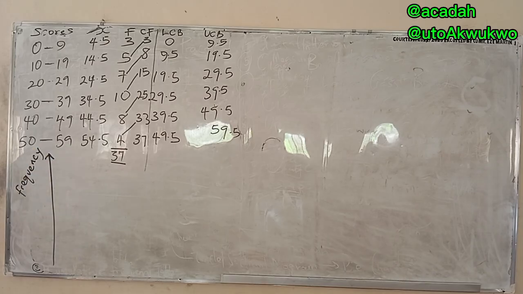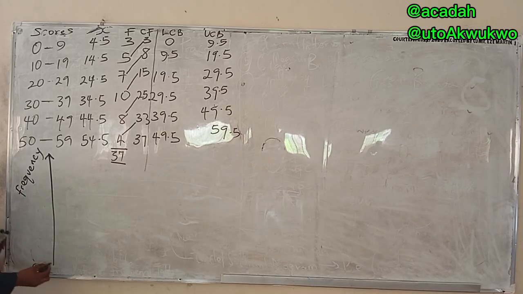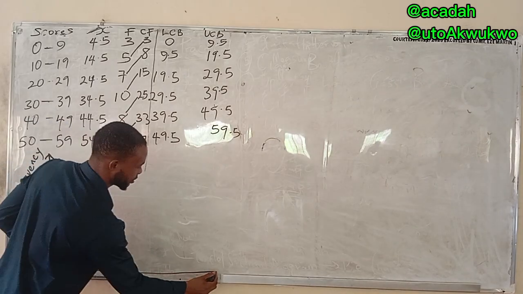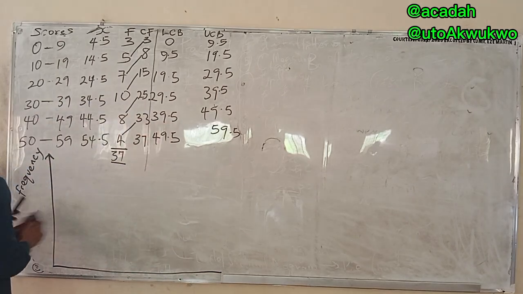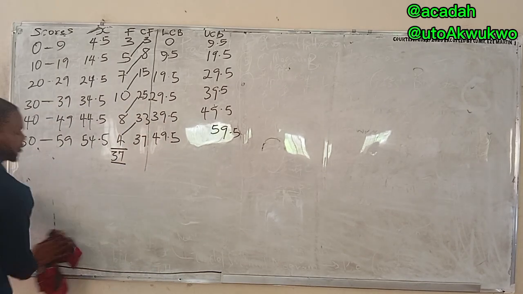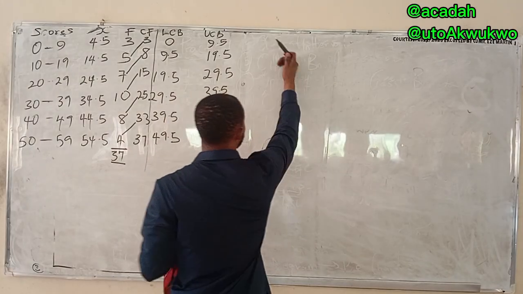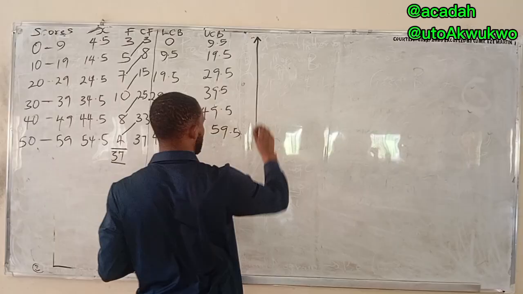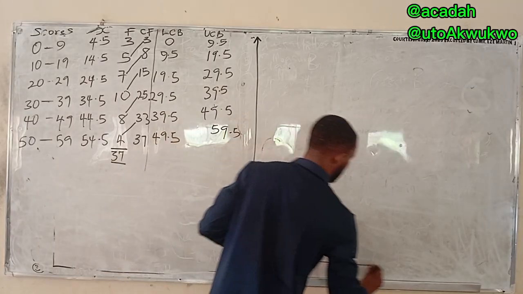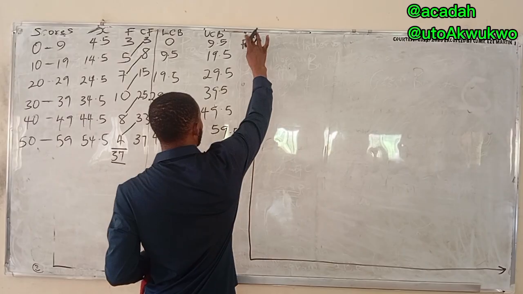The vertical axis will always be drawn using the values you have for that frequency, while the horizontal axis will always be drawn